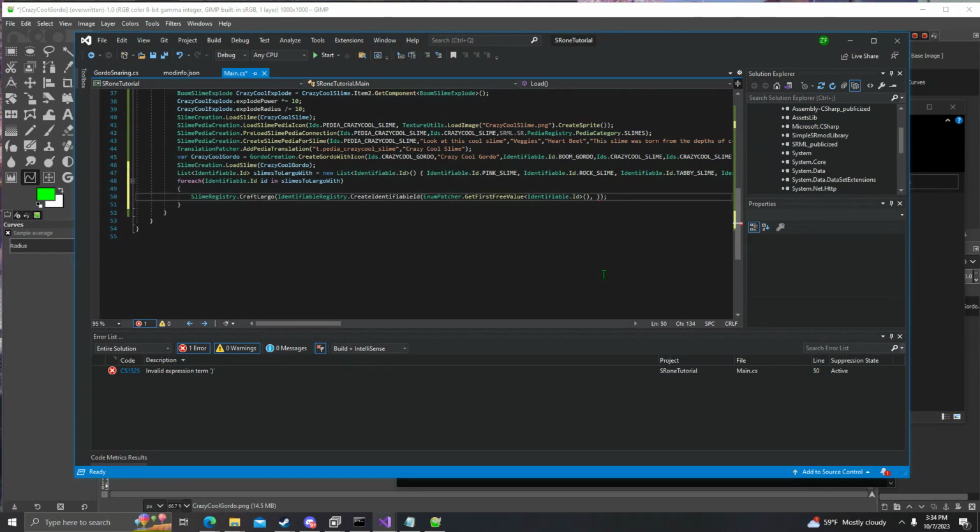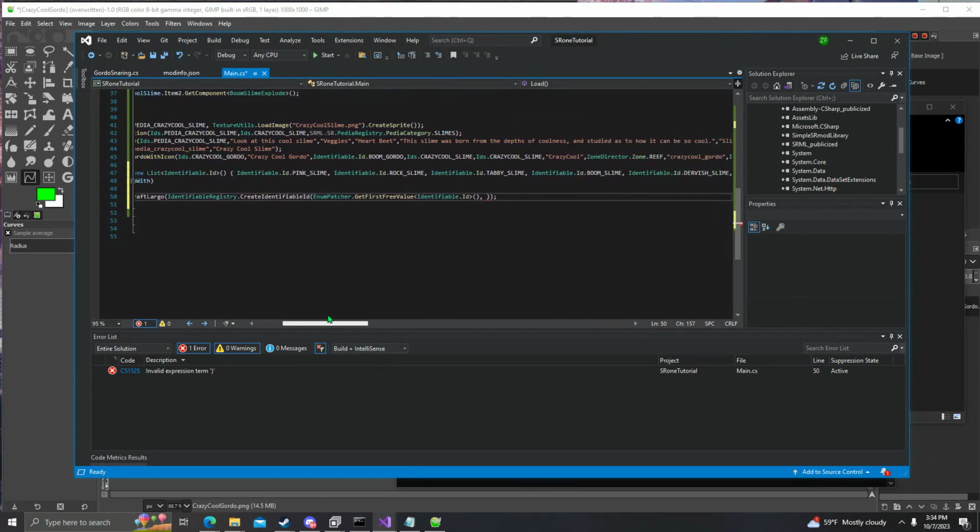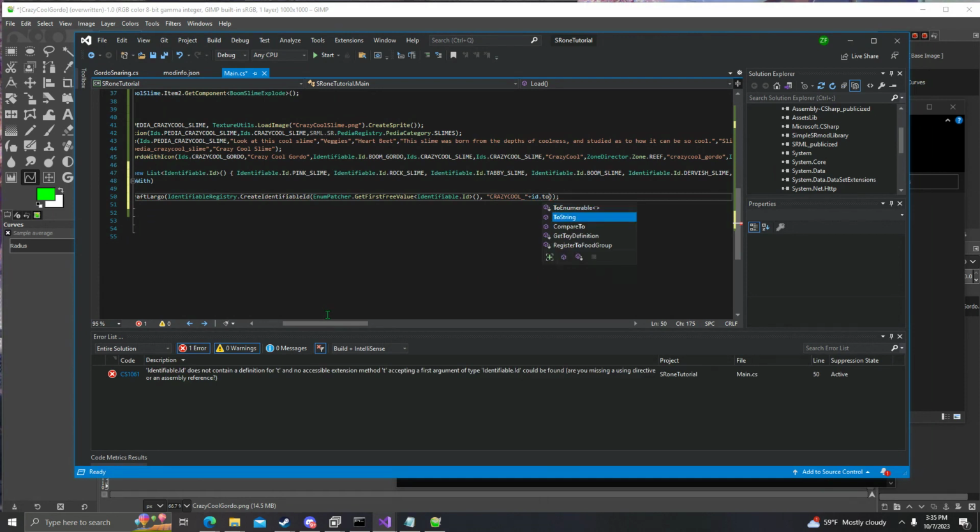So we're going to first of all say identifiable.id, LID1 equals this. And this is going to take crazy_cool_plus e.toString